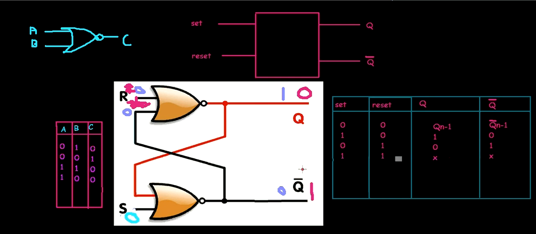So this is already 0, this is already 1, so this 1 will be also input to this, and the output will again be, so when any one input is 1, output is 0, output will be 0. Now this 0 is again applied here, 0 and 0 going through a NOR gate, output is 1. 0 and 0, output is 1. So wow, congrats, you now know how to store 0 or 1 in a computer. Wow.